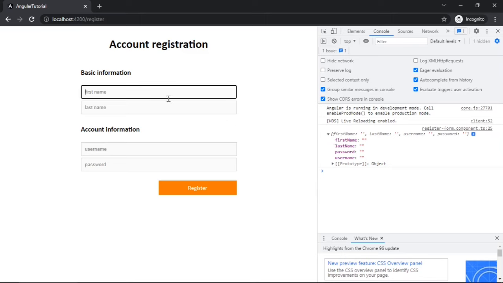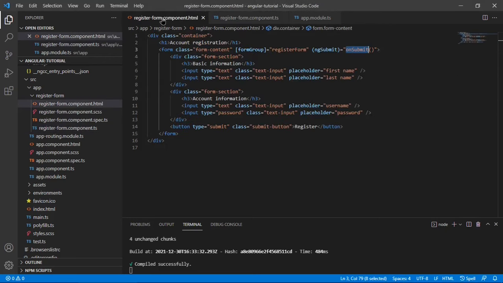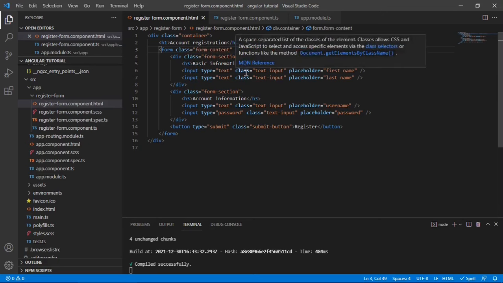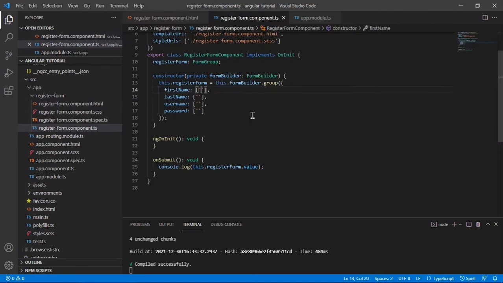You'll see that once I type in test and click register, there's still no value coming through, even though we have linked the form group and assigned it the register form. We actually now still have to link the inputs to the form controls that are in this form group. So just to demonstrate that, what I'm going to do is